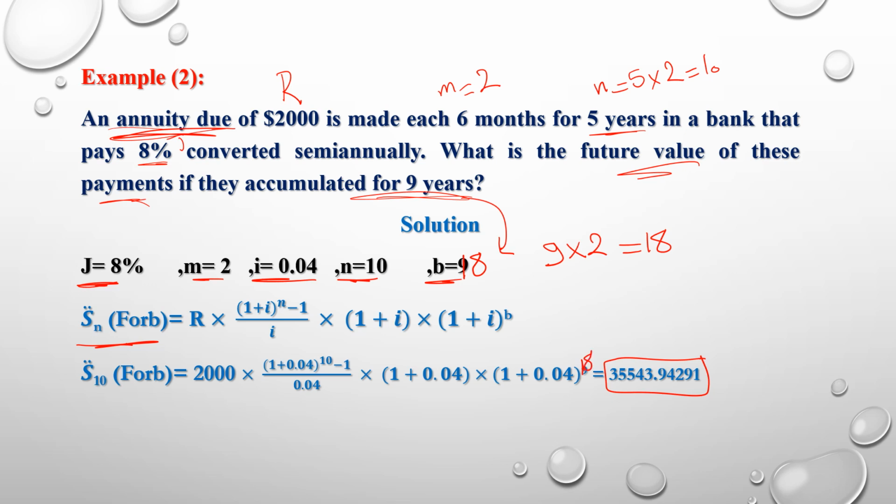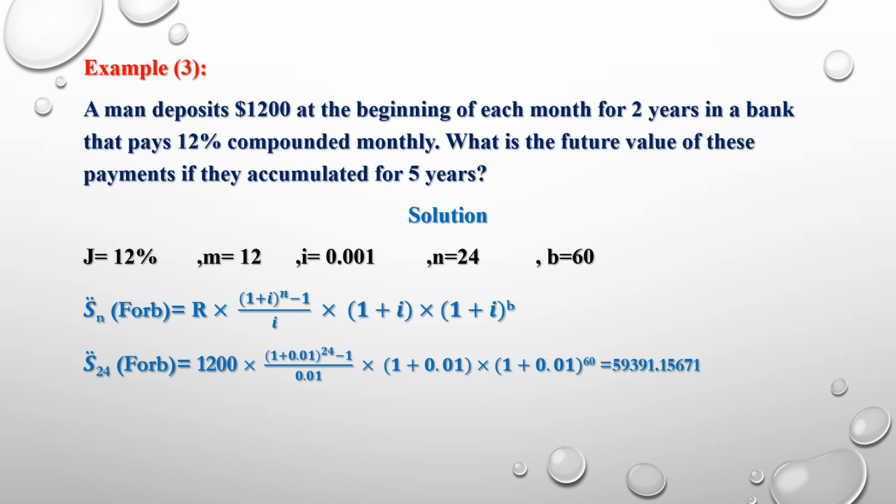This is the future value of these payments or these annuities. Another example: a man deposits $1,200 at the beginning of each month for 2 years in a bank that pays 12% compounded monthly. So the man deposits $1,200, so this is R, and this is made at the beginning of each month, so this is a due